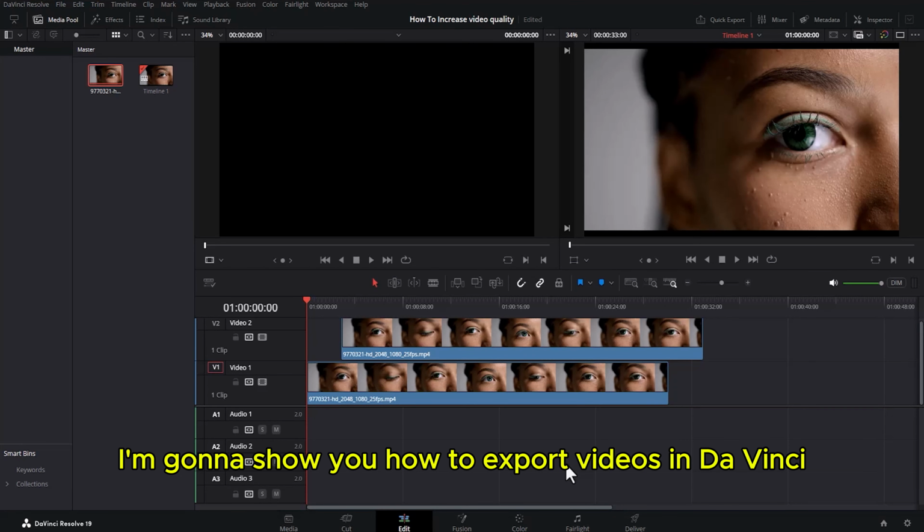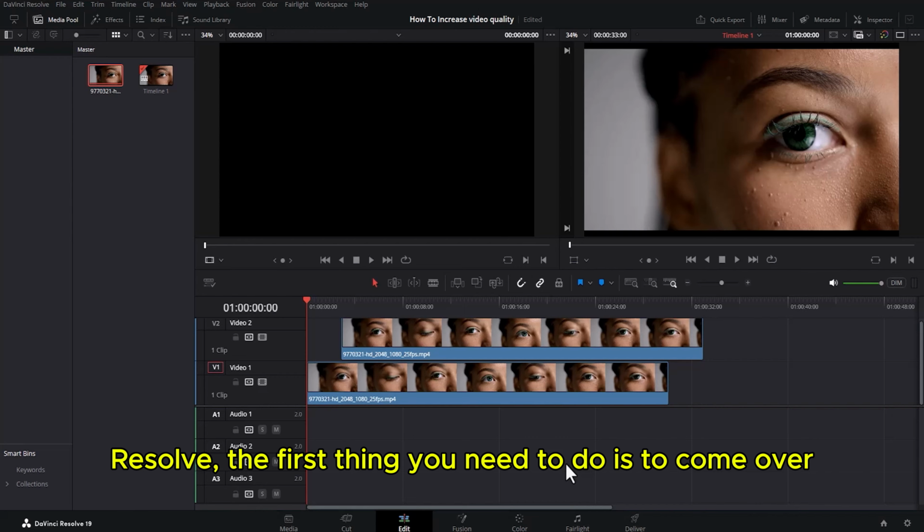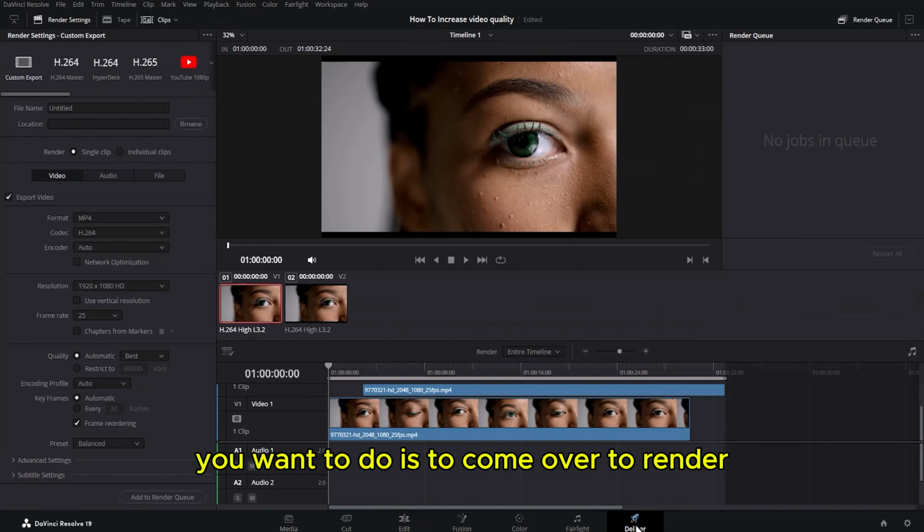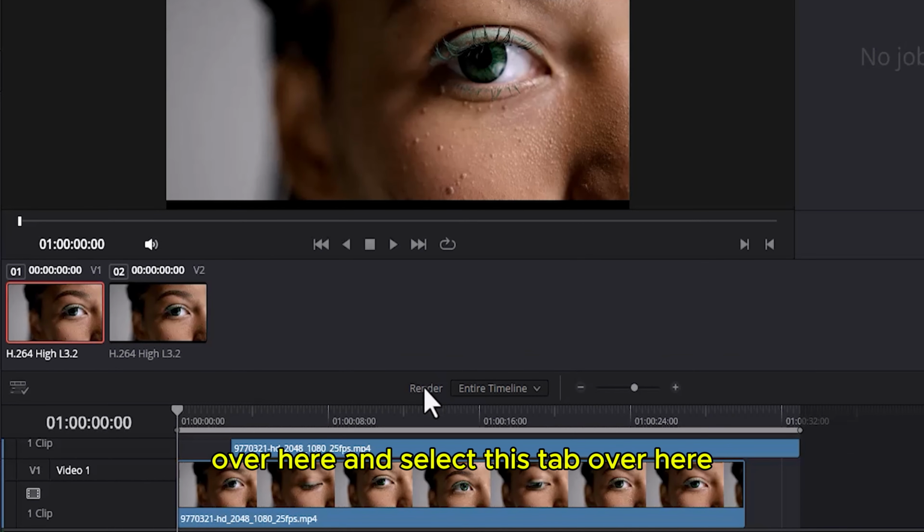In this tutorial, I'm going to show you how to export videos in DaVinci Resolve. The first thing you need to do is to come over to this bottom right section over here and select Deliver. Now the next thing you want to do is to come over to Render over here and select this